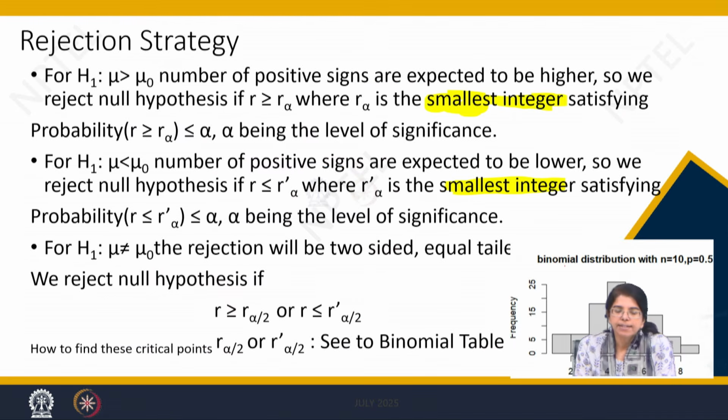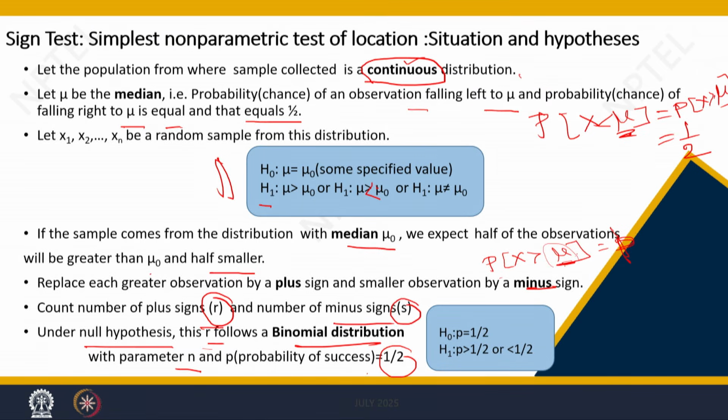Okay. Now, the rejection strategy. So, what is our test statistic? If I ask you what the test statistic is here, the test statistic is the number of plus signs. You see why it is a non-parametric test? Because we do not know the parent population structure from where you have chosen x 1, x 2, ..., x n, but we have derived a new distribution for x 1, x 2, ..., x n. Clear? So, that is why it is non-parametric.